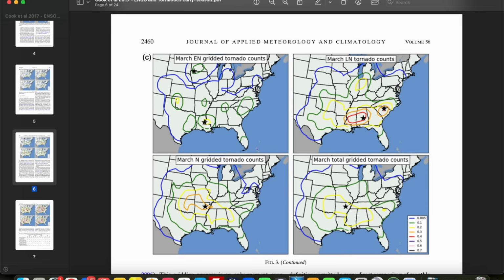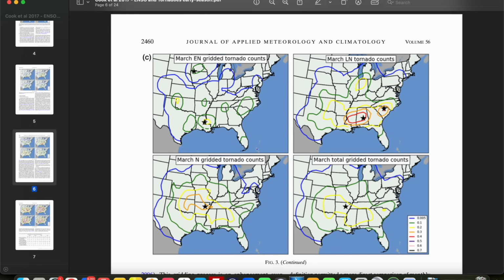For each of these figures, El Niño is on the top left, La Niña is on the top right, and neutral is on the bottom left, and the warmer the color of the contour, the higher the normalized tornado frequency within that contour. For March, we can see that during El Niño, normalized tornado counts are typically lower than